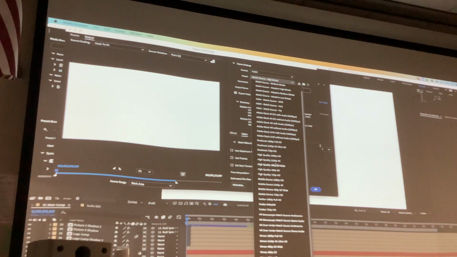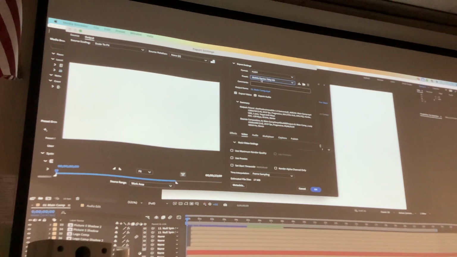If you're recording, or writing this down, or wanna take a picture, go ahead and choose the high quality 720p HD. Or you know what, forget that, let's do the mobile device, that's better, because that's probably a little bit smaller. The mobile device 720p HD version. That's gonna be smaller